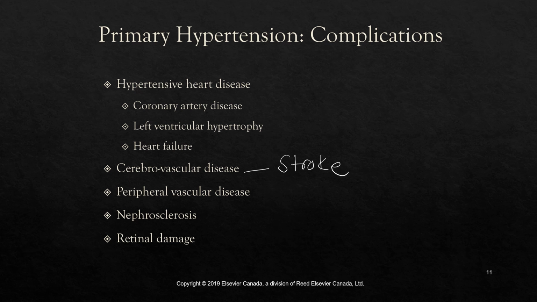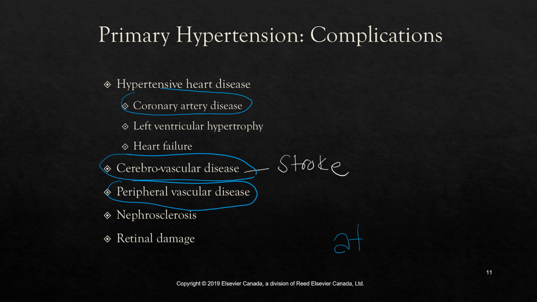So when we look at why hypertension results in all of these complications, one of the first things is that coronary artery disease, strokes, and peripheral vascular disease have something in common, and that is your patient is at an increased risk for all of these because of atherosclerosis. Atherosclerosis is a buildup of lipids or plaque in the blood vessel wall, which then means that the vessels start to narrow, not supplying oxygen to that organ. Hypertension increases a patient's risk for atherosclerosis. Now, the exact mechanism behind that appears to have multiple factors involved, and it's not just one reason